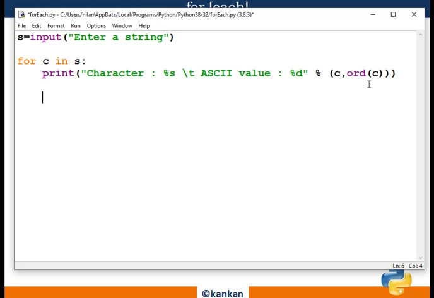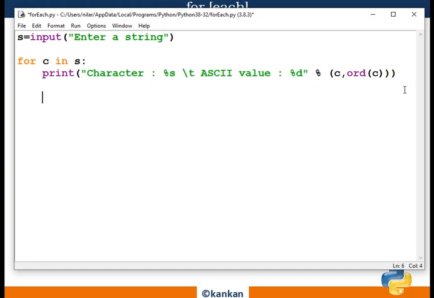So this is the code to print characters one by one in each line. A string contains characters, and they will be printed in each line one by one.